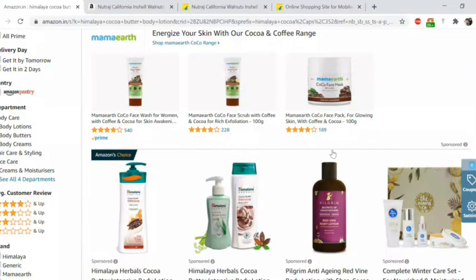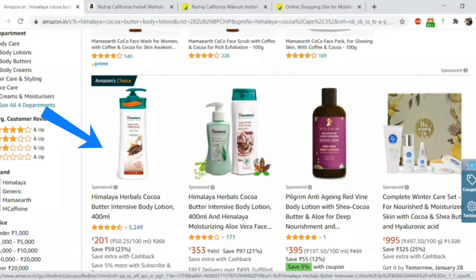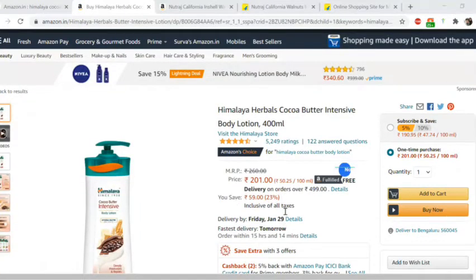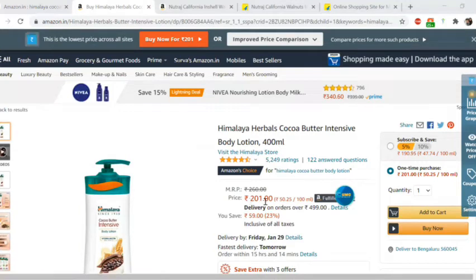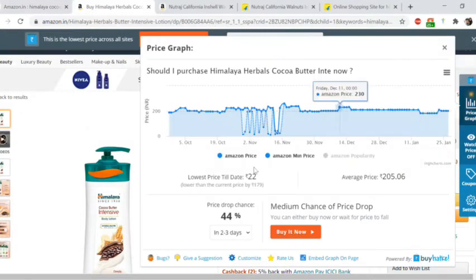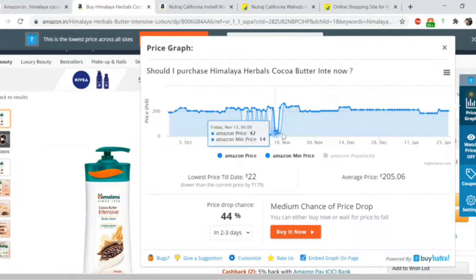I will show you one more product, which is the Himalaya Cocoa Butter Intensive Body Lotion. The current price of this bottle is 201 rupees. And if you see the price, it has gone down till 22 rupees on some certain days.